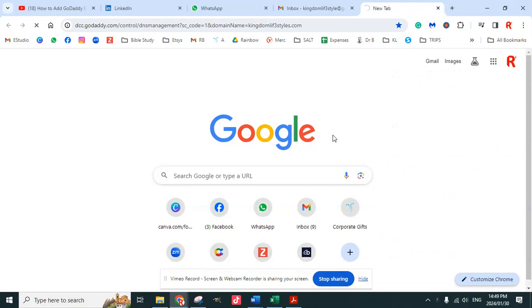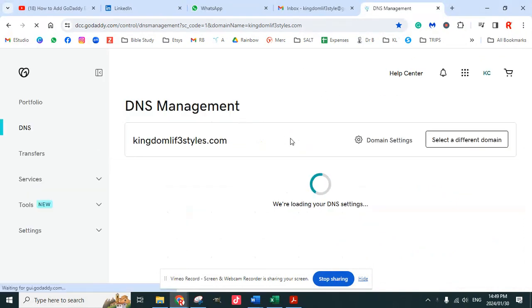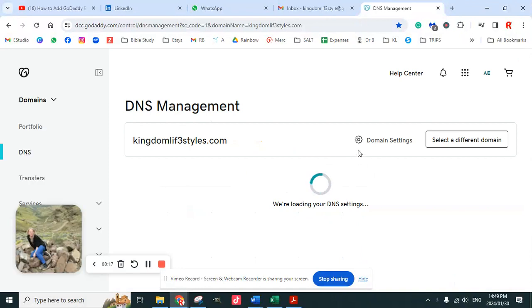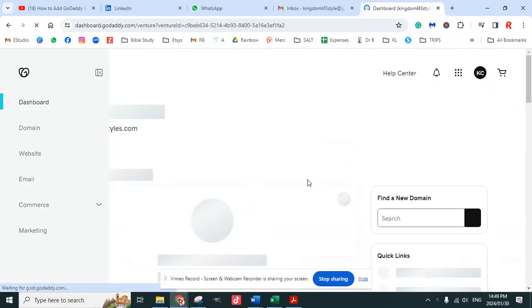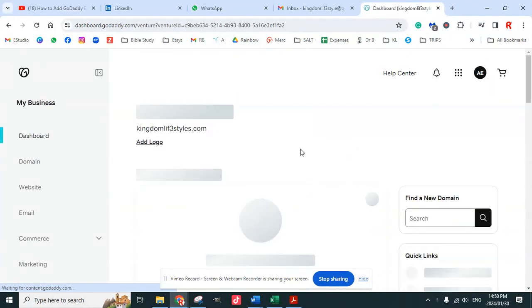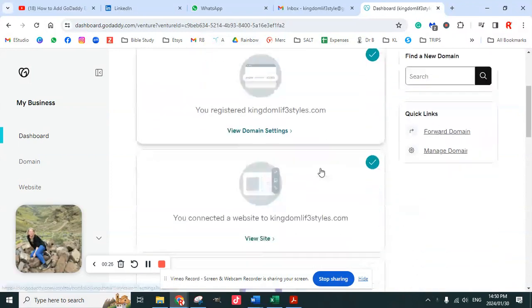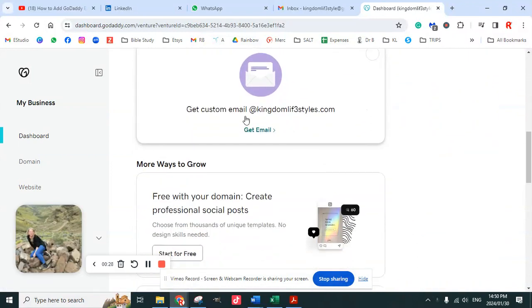If you have already bought your domain from GoDaddy, I want to show you how to buy your email from GoDaddy. So you click on the little heart and it will straight take you to all of the products that you have within here. And when you say get custom email, you say get email,